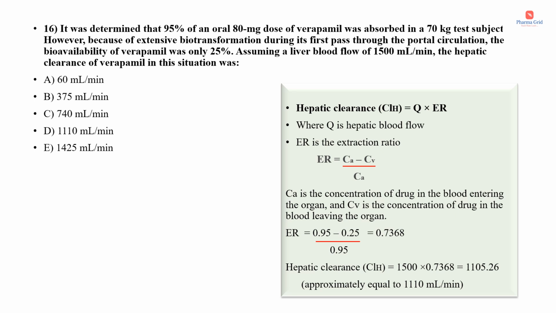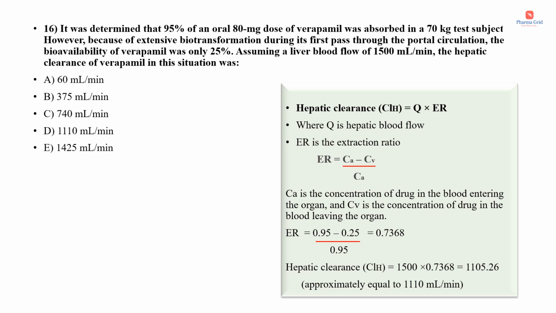So today we are going to discuss 5 more calculations related to pharmacokinetics portion. Question number 16. It was determined that 95% of an oral 80 mg dose of verapamil was absorbed in a 70 kg test subject. However, because of extensive biotransformation during its first pass through the portal circulation, the bioavailability of verapamil was only 25%. Assuming a liver blood flow of 1500 ml per minute, the hepatic clearance of verapamil in